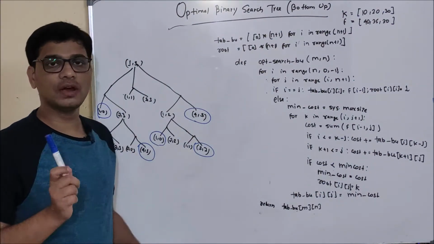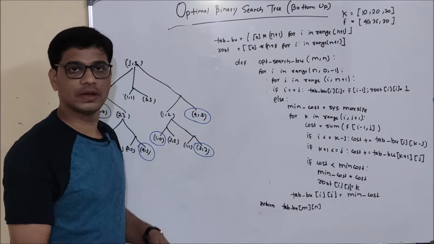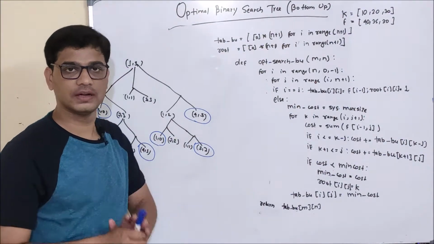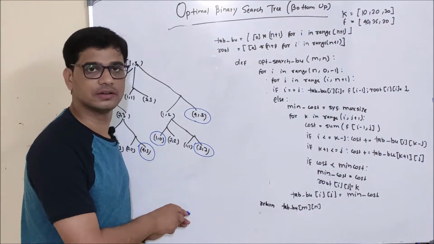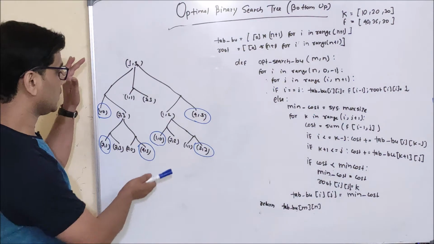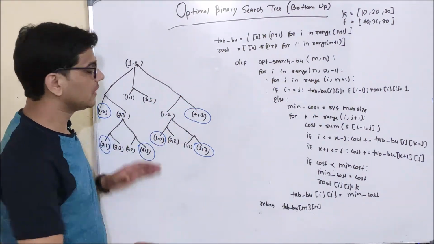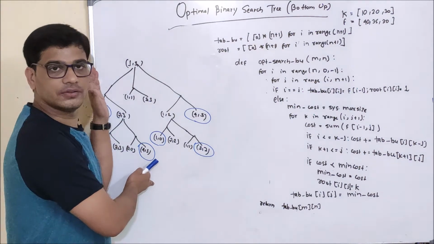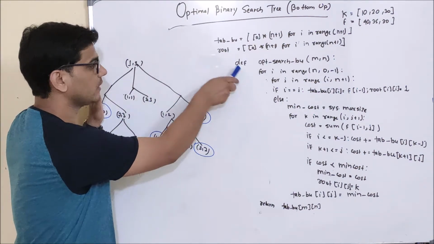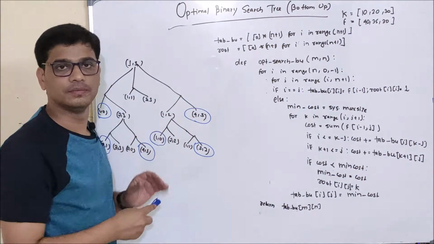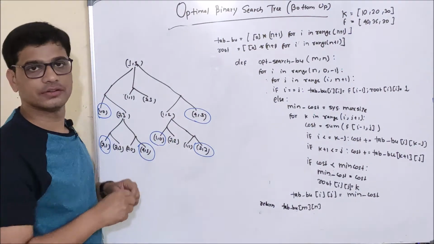And one more thing, if you have not watched the previous videos then please go and watch those videos, otherwise it will be very difficult for you to understand this video directly. Now see, here this is the recursion tree and this is the bottom up code. Basically, with the help of this recursion tree, I will understand how I can write bottom up code, that is this code. Now let's analyze this recursion tree.